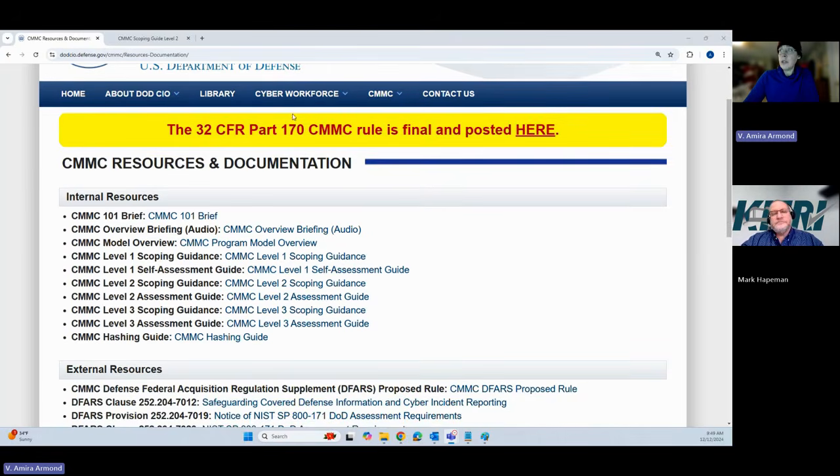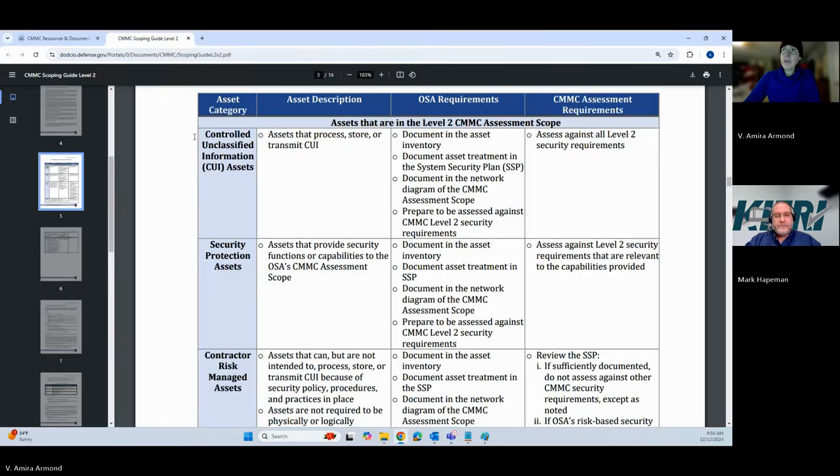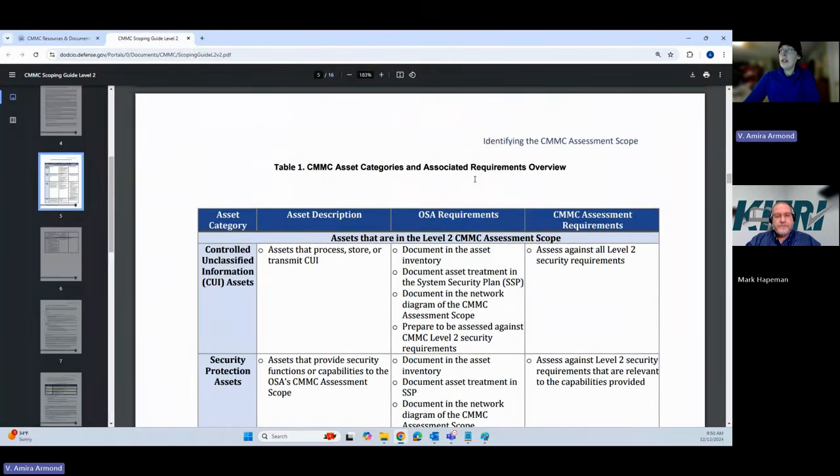When you go to this website, this CMMC Level 2 scoping guidance doc is what we're working off of. We're talking about scoping for CUI, controlled unclassified information, for Level 2. A lot of what we're talking about also applies to Level 3, but it's not a perfect match. Here's the scoping guide.